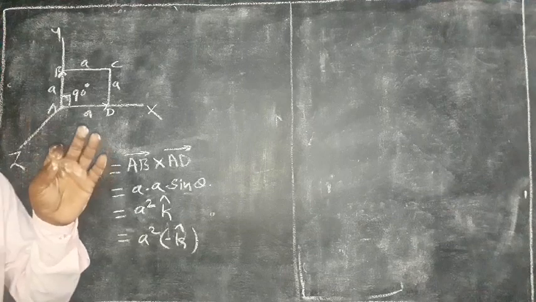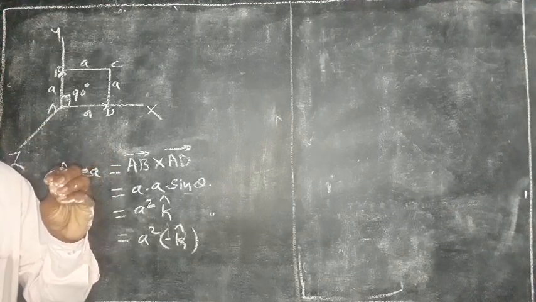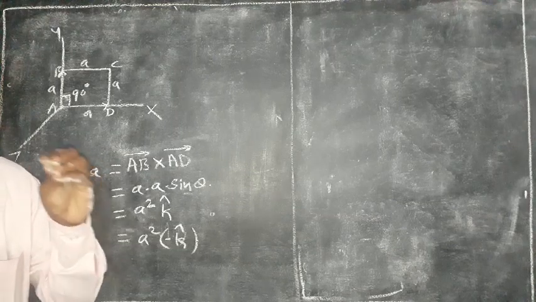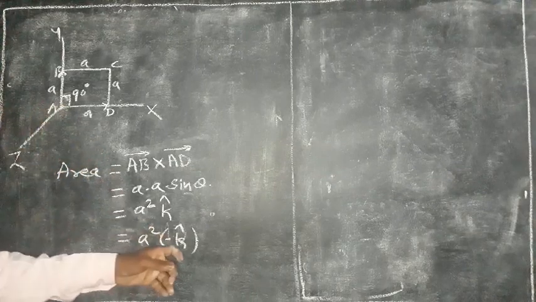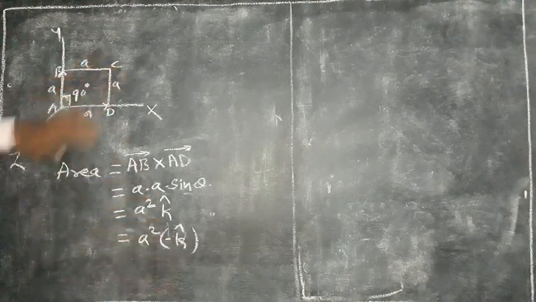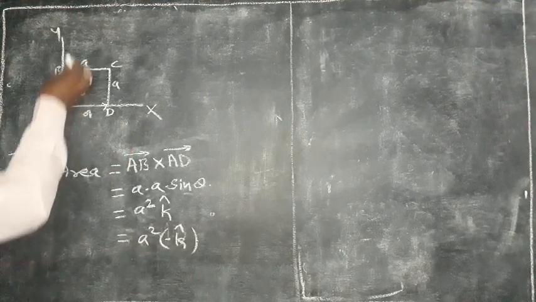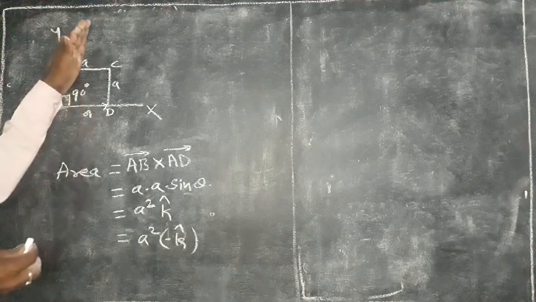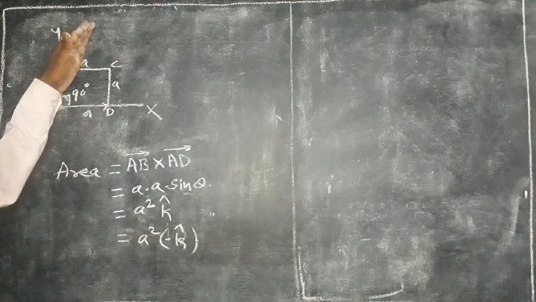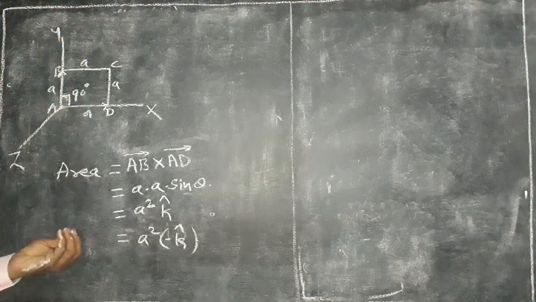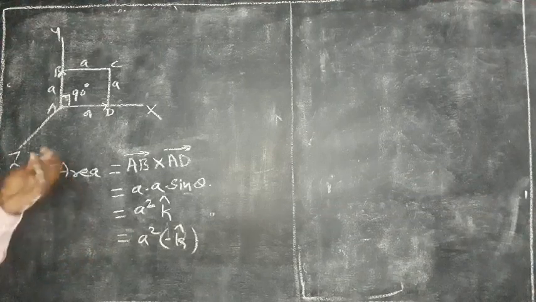Here i cap, j cap and k cap are the unit vectors in the directions of x, y and z. Here the unit vector is along the z-axis, therefore it is k cap. If the surface is in between x and y, then the area vector is perpendicular to the surface and along the y-axis, in this case A square j cap for positive y-axis, and for inward A square minus j cap. And if the surface